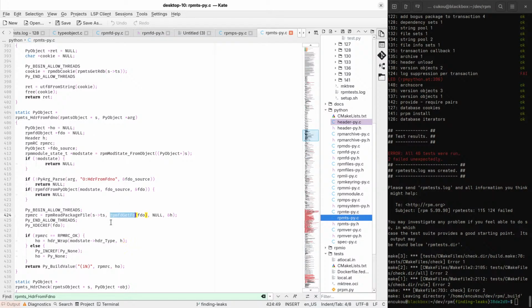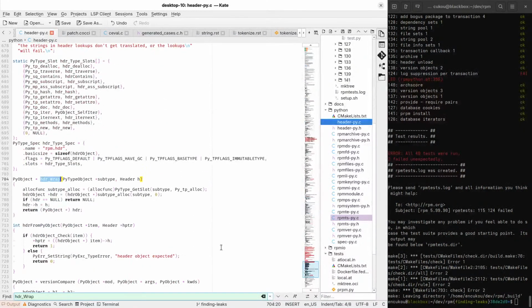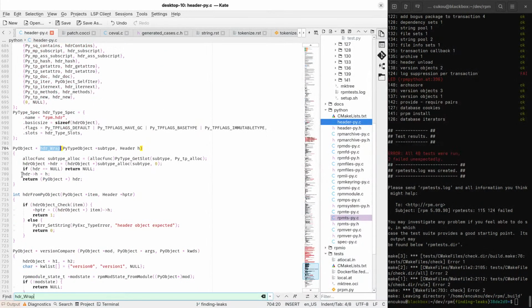Get FT. Header wrap. Set the header here.